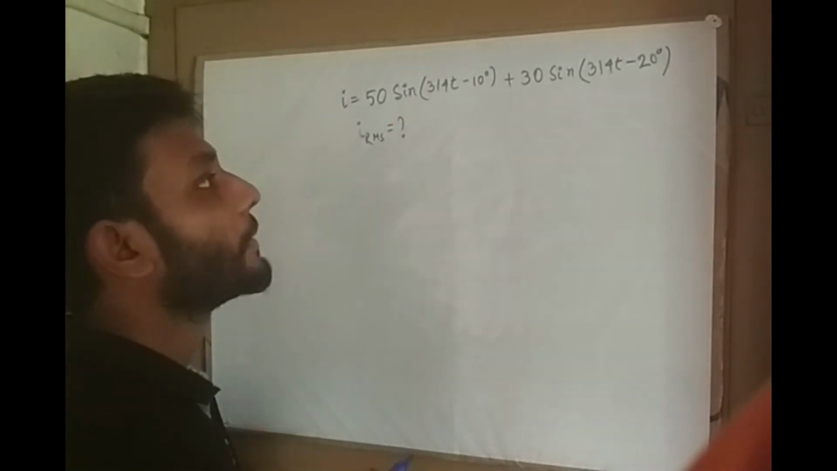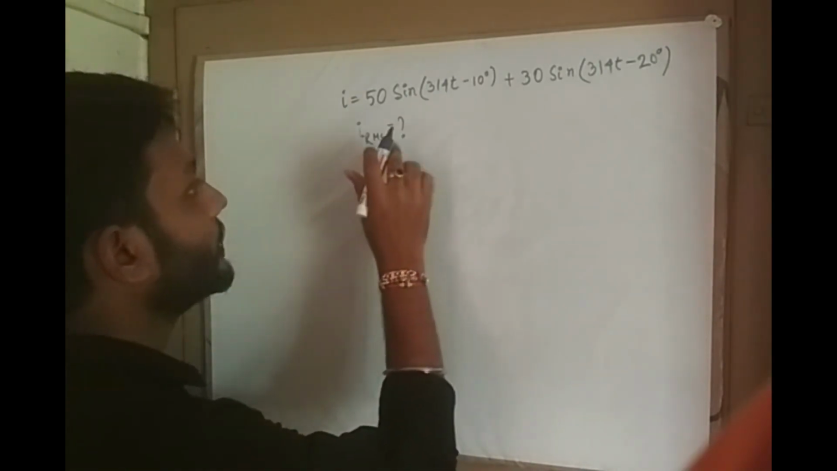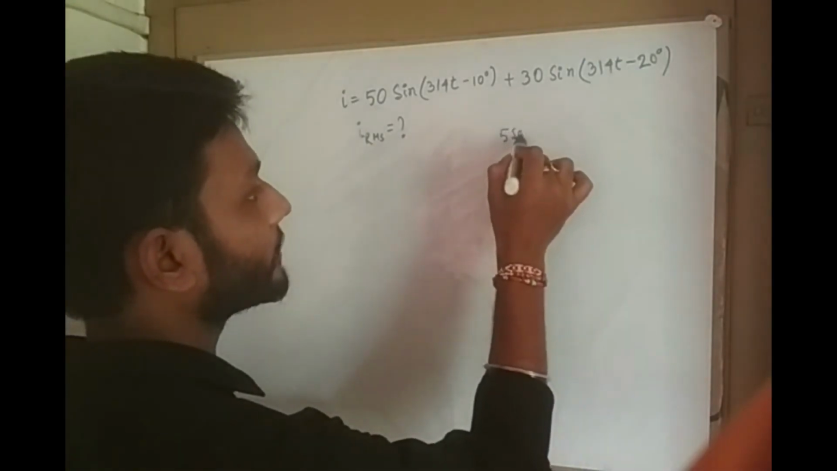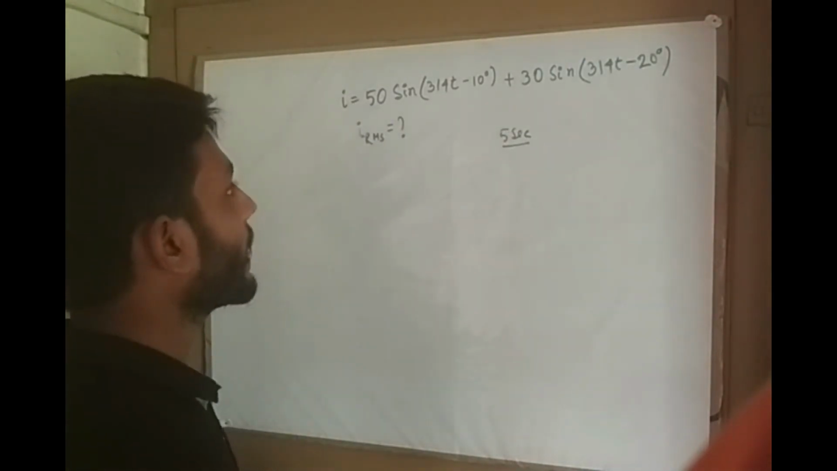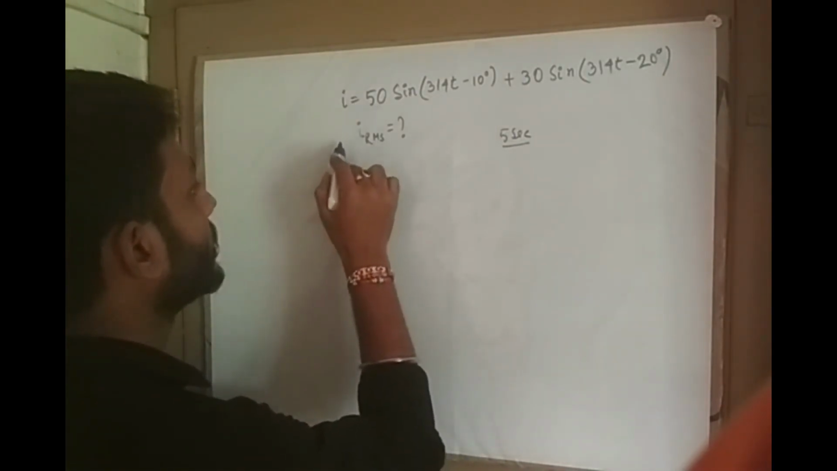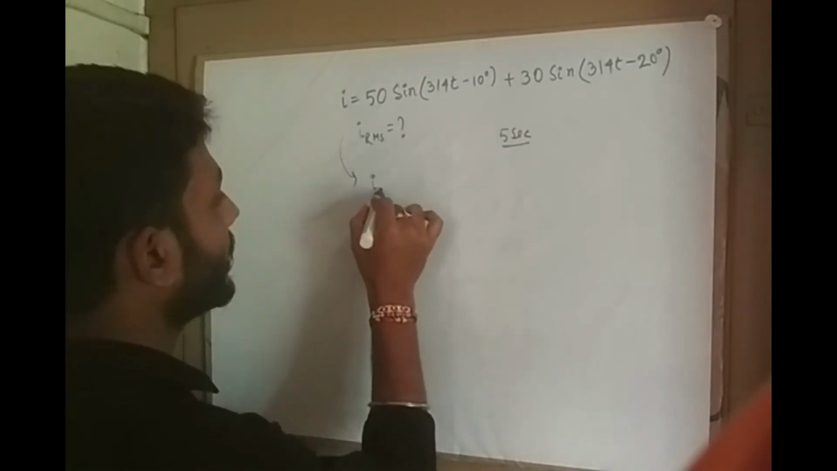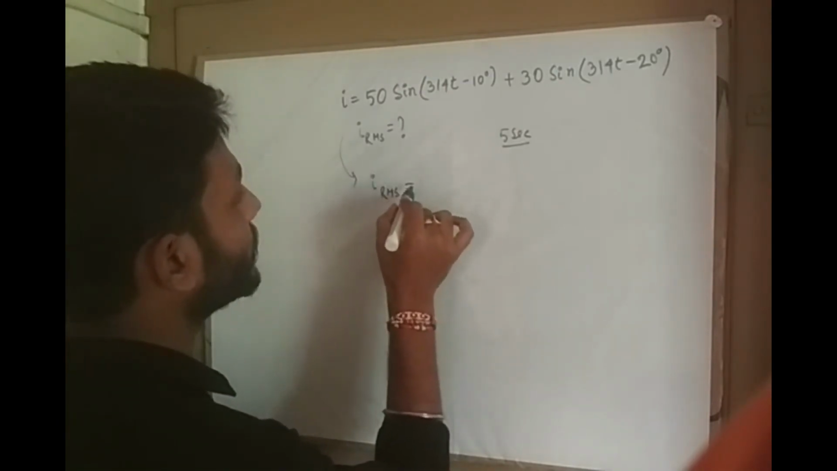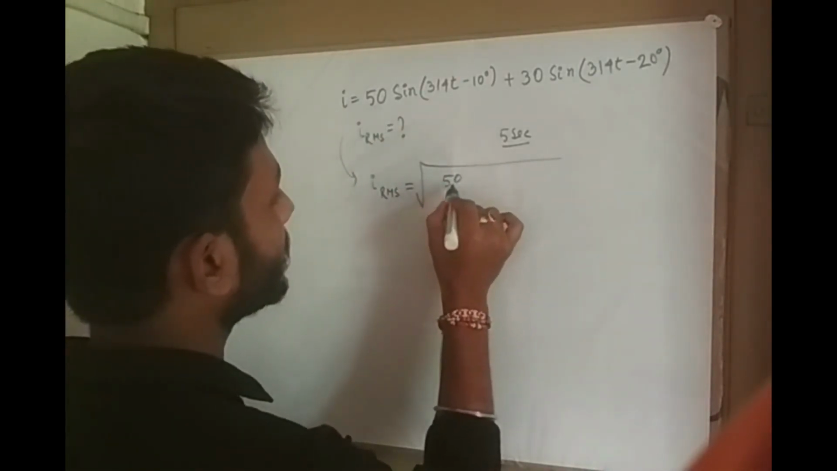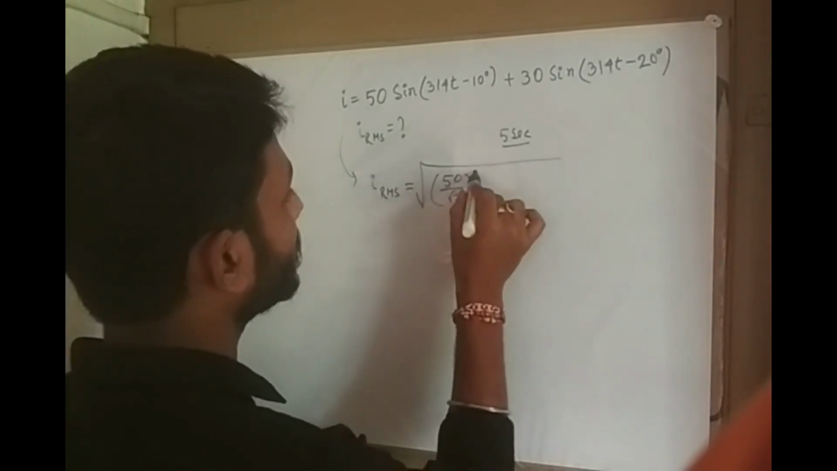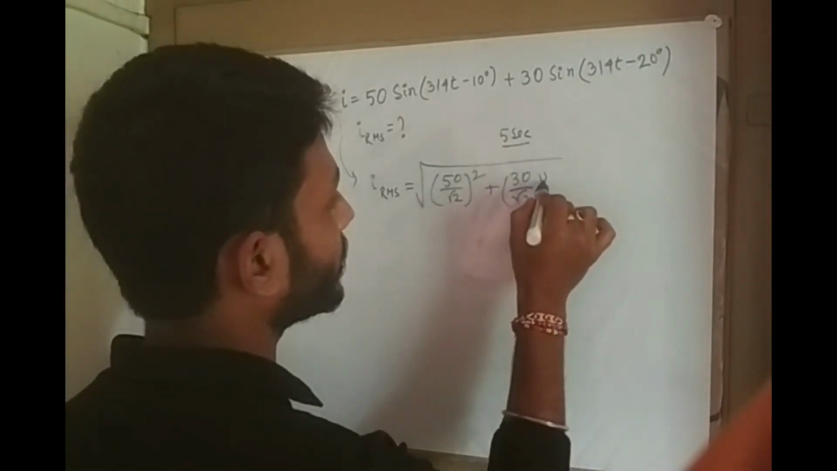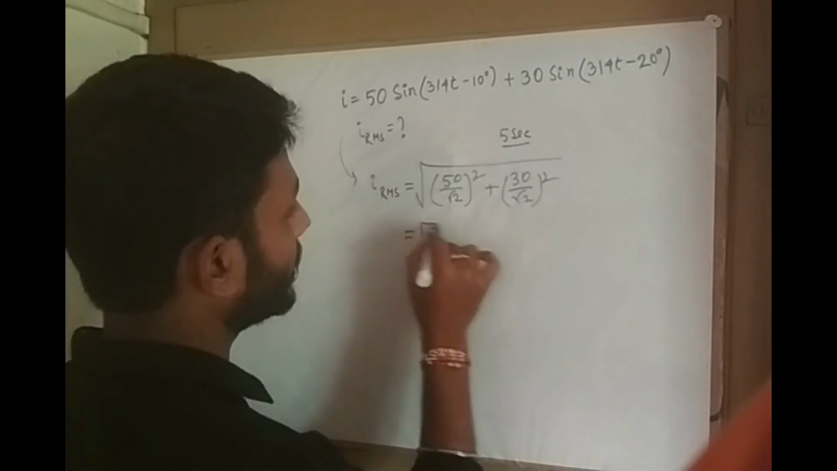From here, if you know the formula, then you can find out the answer within 5 seconds. How? Because you have to know the shortcut methods. If you directly find out the IRMS value, then you will get like this: 50 divided by root 2 whole square plus 30 divided by root 2 whole square. That means it will come